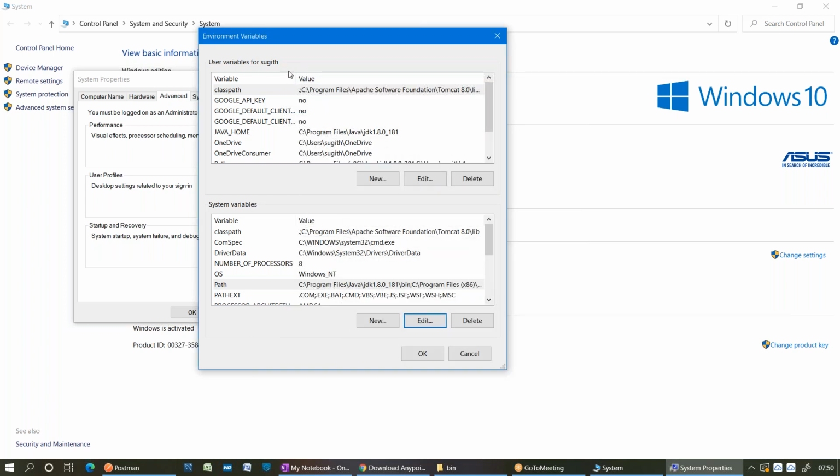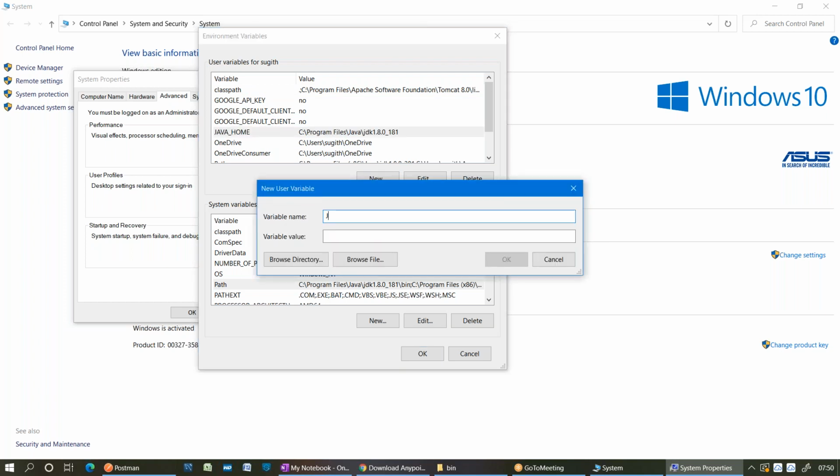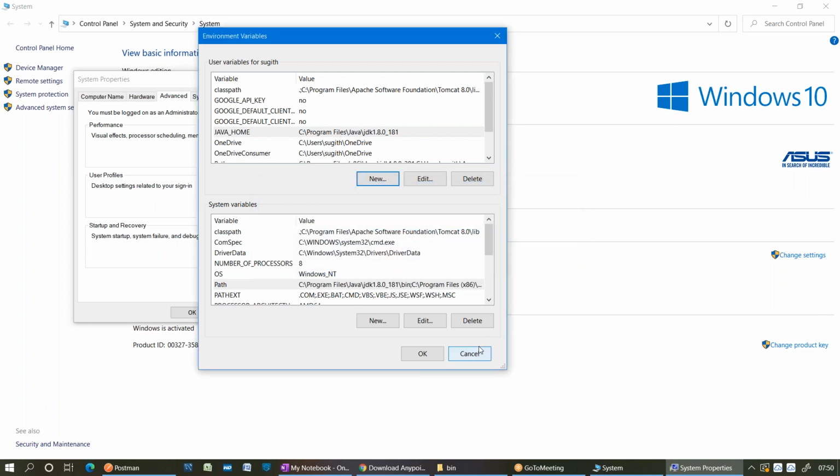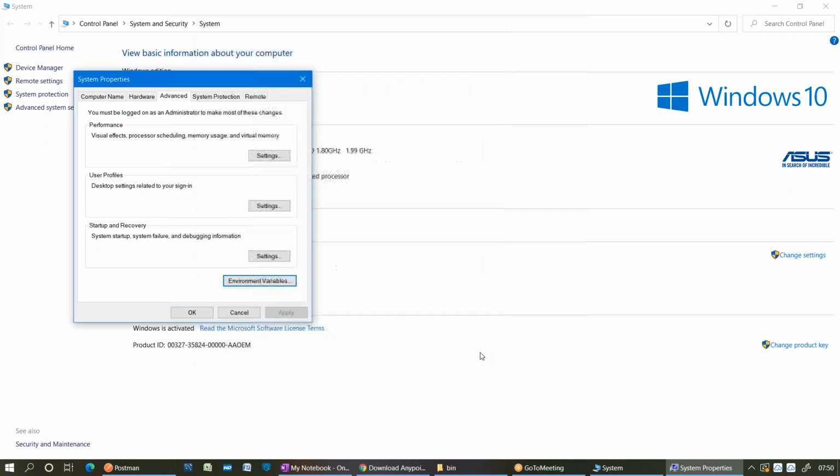After that, the user level variables. Going forward, we are going to see how to use the standalone runtime. For the standalone runtime, we require JAVA_HOME as a path again. If it already exists, okay. Otherwise, click on New, JAVA_HOME. That means your runtime will look into this environment variable to see where it is pointing. It should point directly to the JDK, not to the bin folder. Okay, these are the two environment variables you need to set up. Once you set all this,